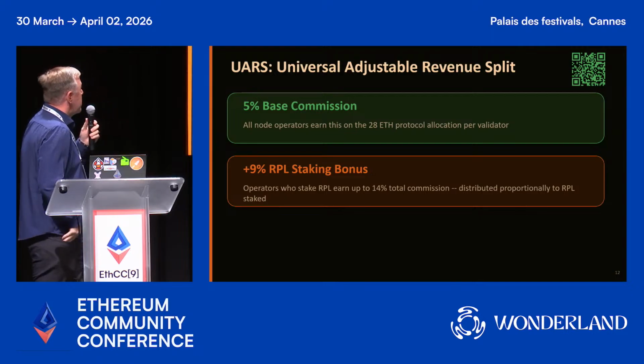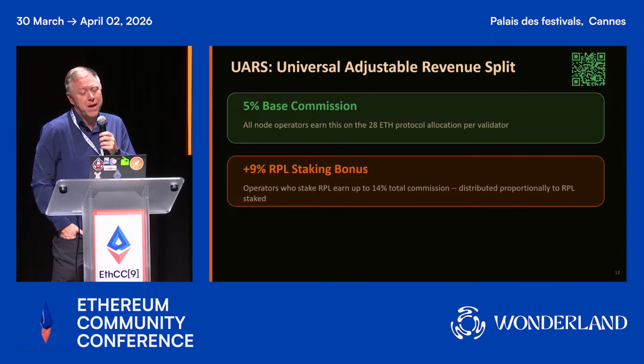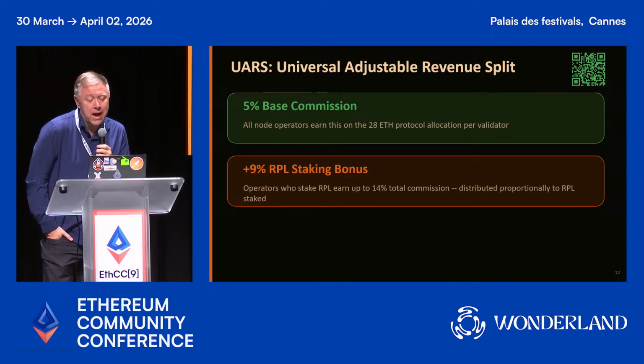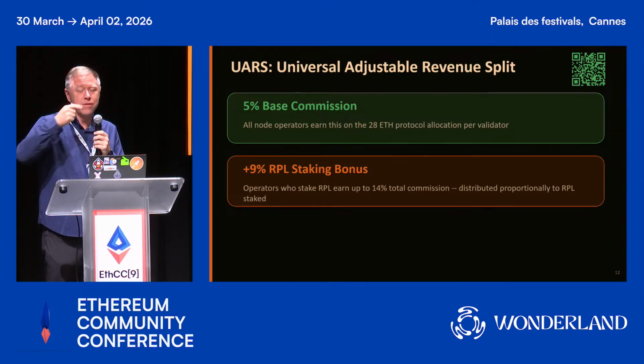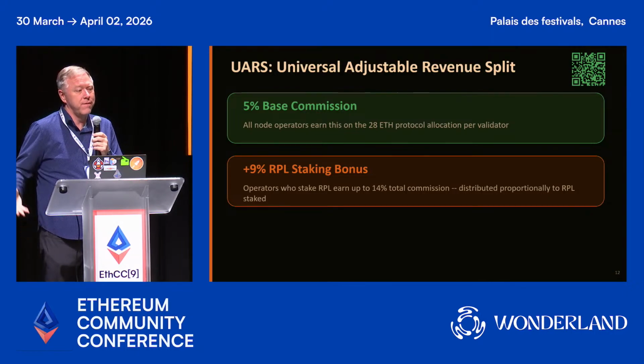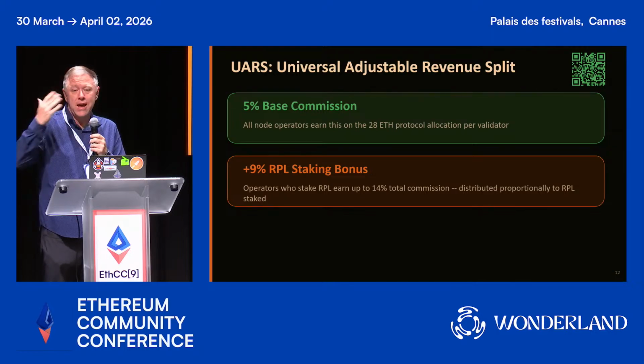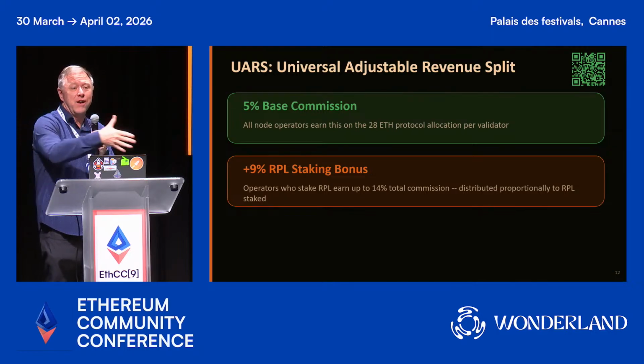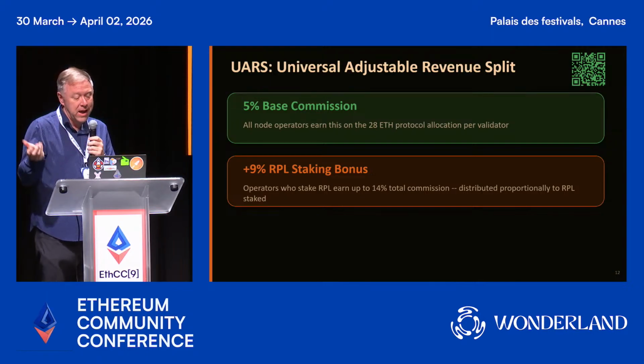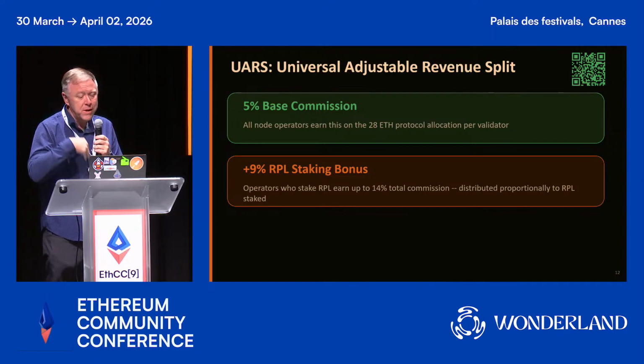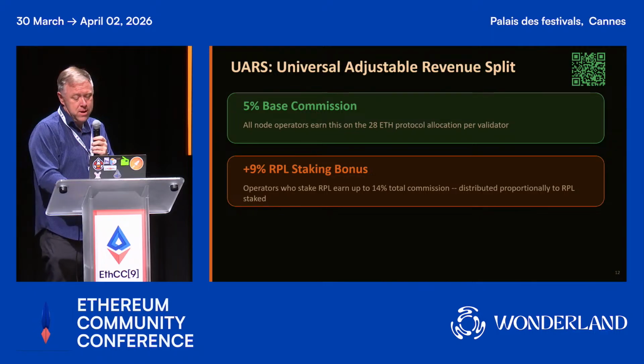And this is the current settings that's right there. It only has a 5% base commission. And then currently it has a 9% extra yield. So it's a total of 14% commission if you're a liquid staker. And this could change. There's a lot of debate about actually changing that here in Saturn Two or adjusting that even ahead of Saturn Two. That's in there. But now Rocket Pool has the ability to change these with a governance vote in the protocol.